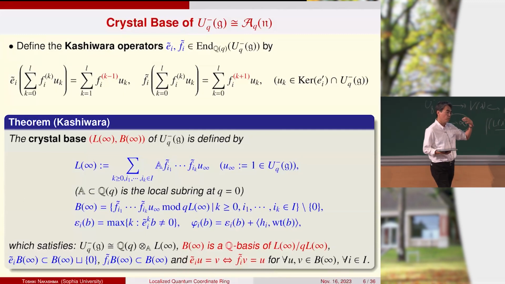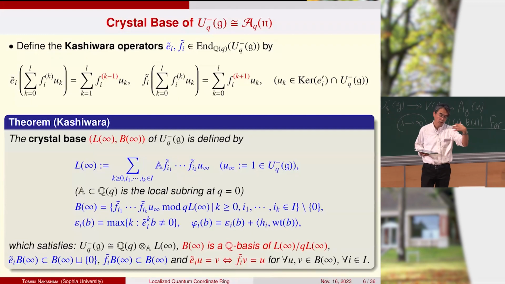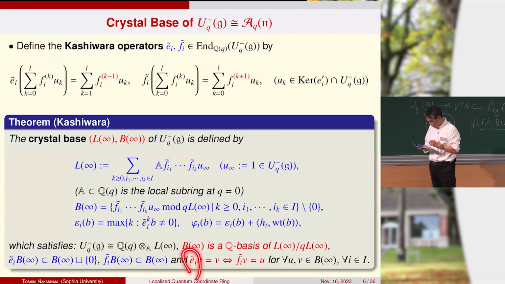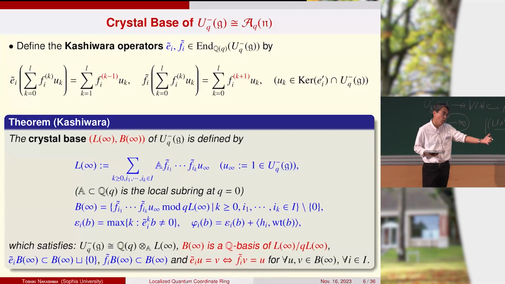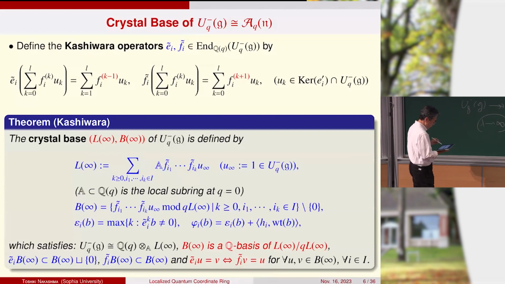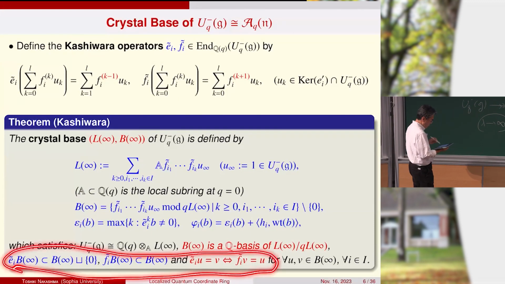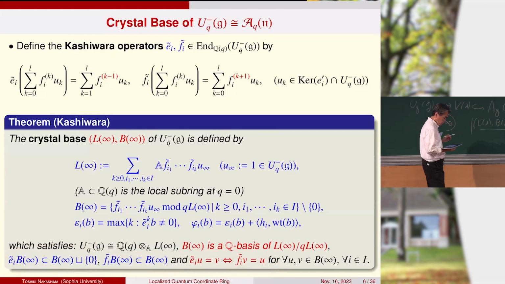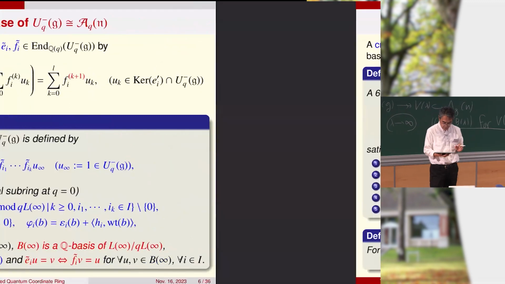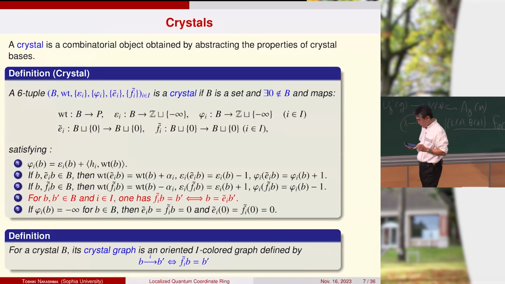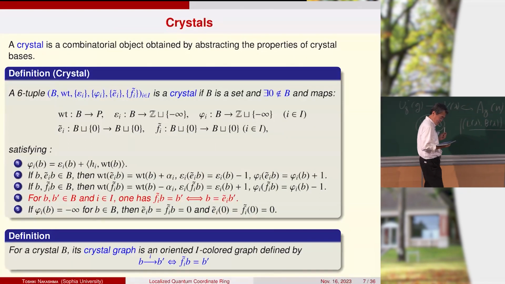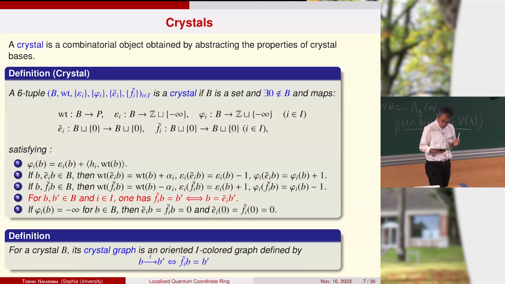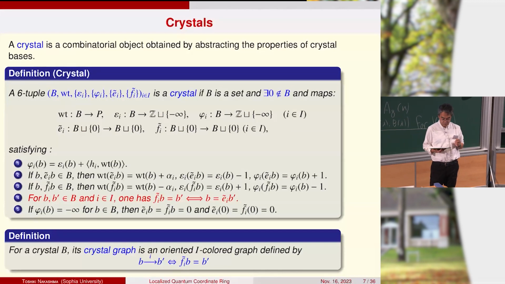But if it doesn't go to 0, if I apply E tilde, then we can go back to Fi tildes. Then we go Fi tildes, then we can go back by E tildes. So this structure is very, very important for this theory. And the crystal is a combinatorial object, so combinatorics here,